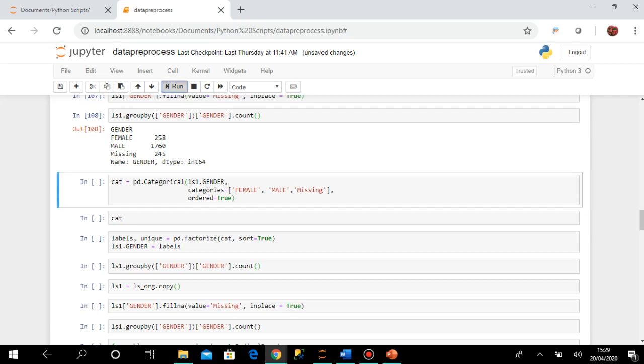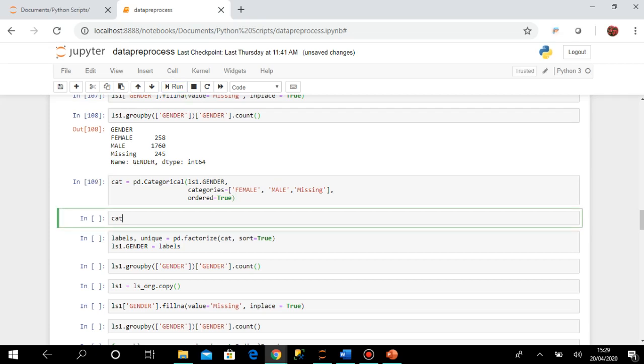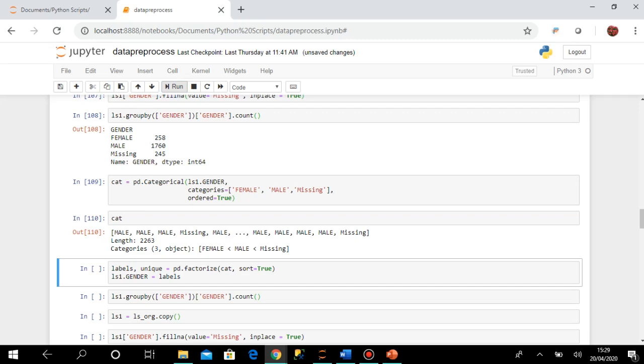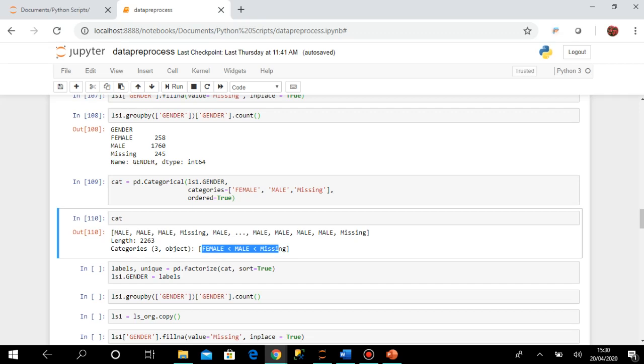If you execute this, it actually contains the values in that order. As I have mentioned, ordered equal to true, so here it is taking female less than male less than missing, so it is ordering the result in this way.